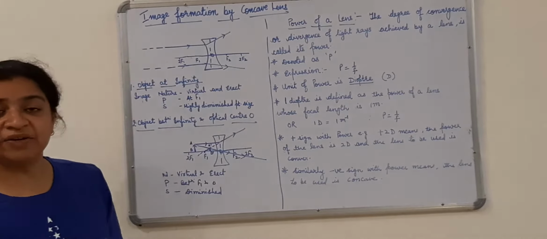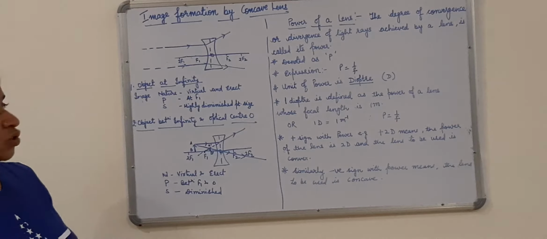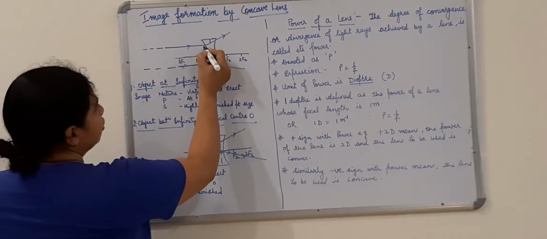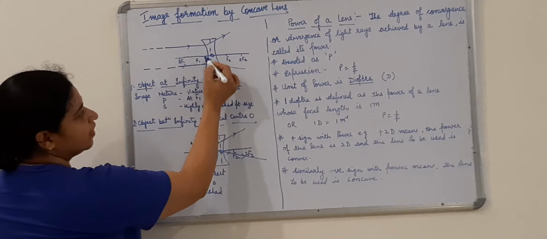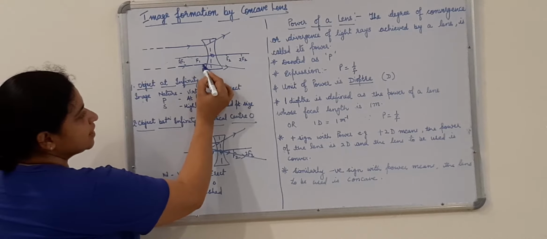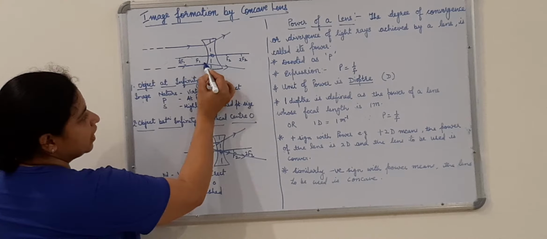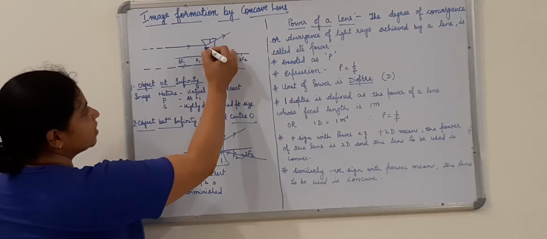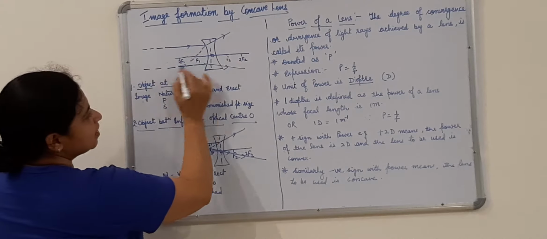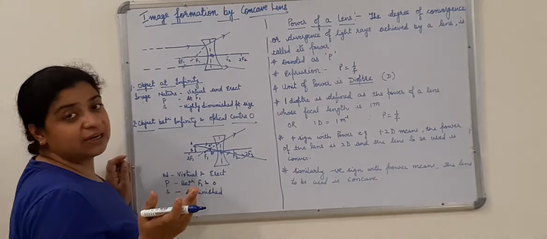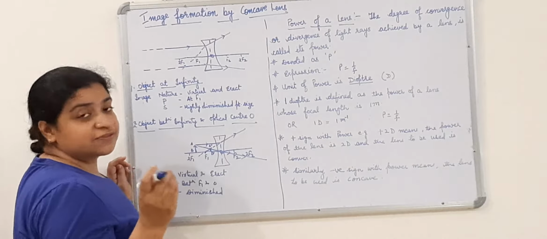Now these two light rays are not meeting anywhere. So what will I do? I will produce or retrace the path of the refracted rays. Not the incident ray, but here I am going to retrace the path of the refracted rays. When I pull them back, I will see that they will pass through the focus, as it is a parallel beam of light, definitely it has to pass from the focus.